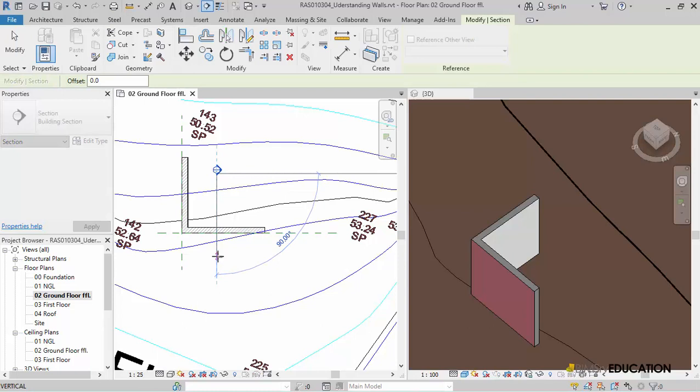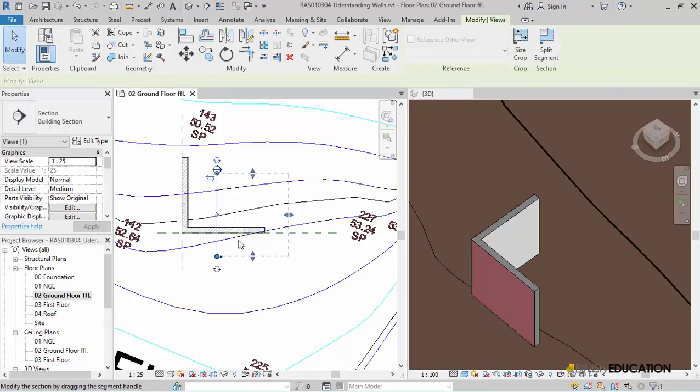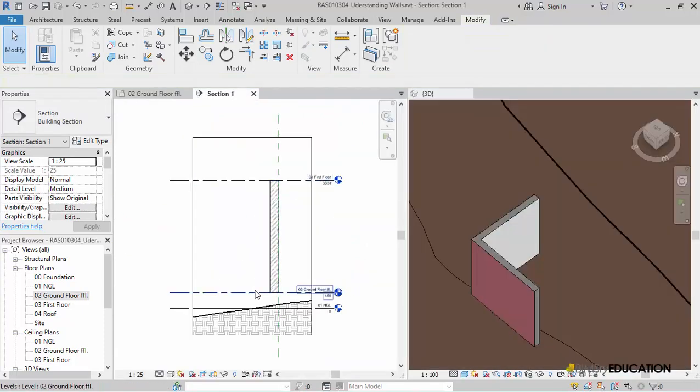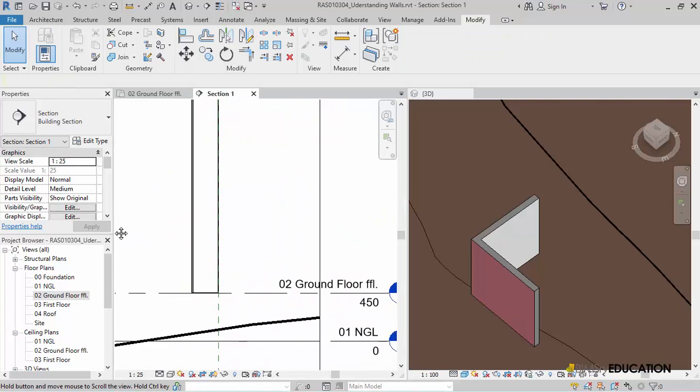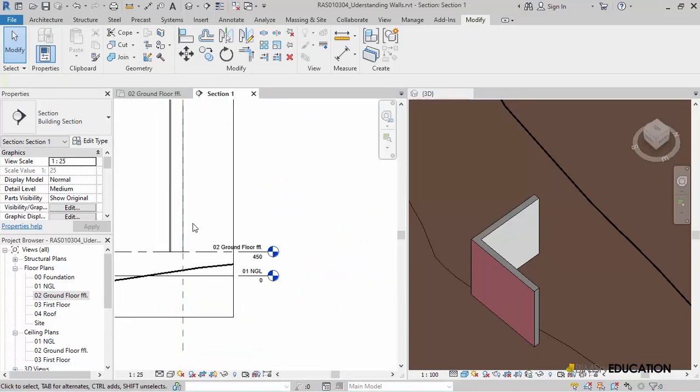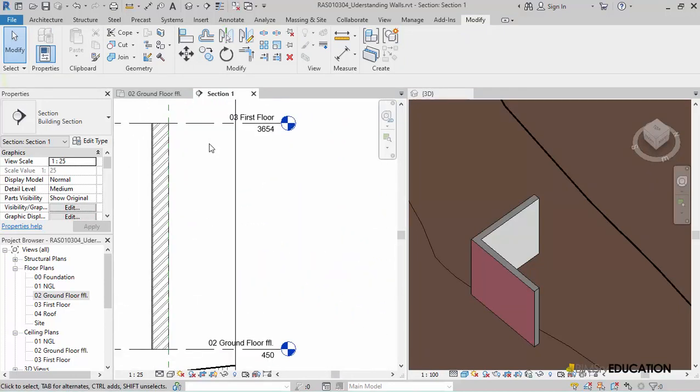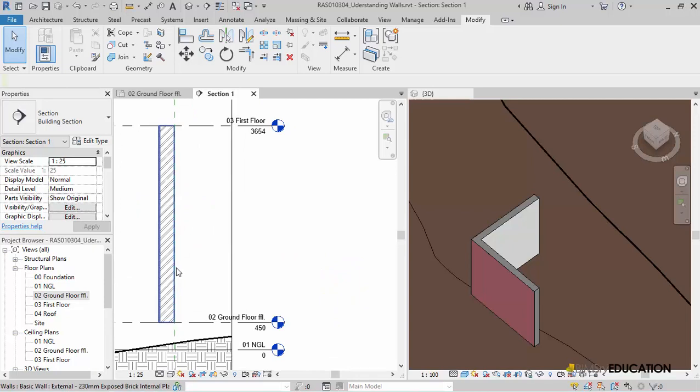In this section view, we see that the wall base is right on the ground floor level, while the top of the wall is right up to the first floor level. These were the bottom and top constraint settings that we did.